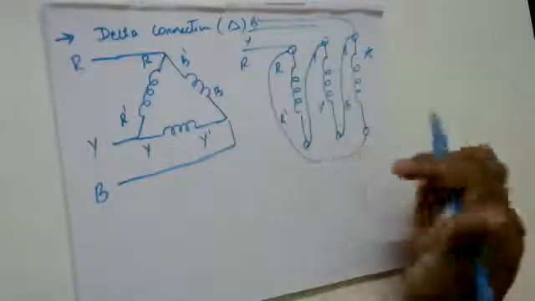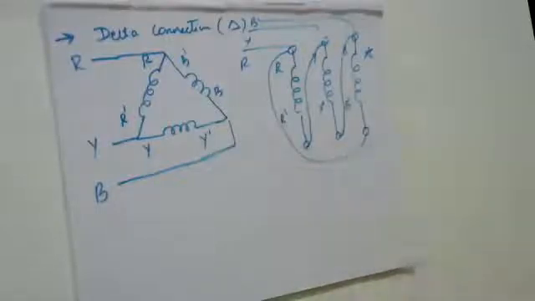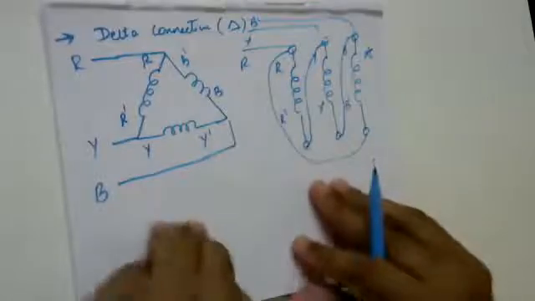Okay. So now, since we are able to understand this part, we'll draw the diagram once again, wherein we'll draw it for R phase, Y phase, and B phase, and we'll understand all the terminologies related to the delta connection. So in case of delta connection, as we are able to see now, that we are having